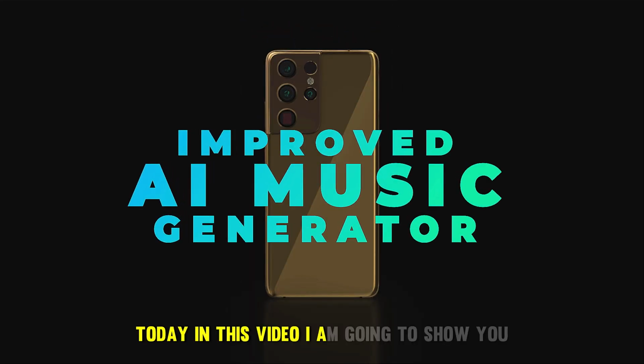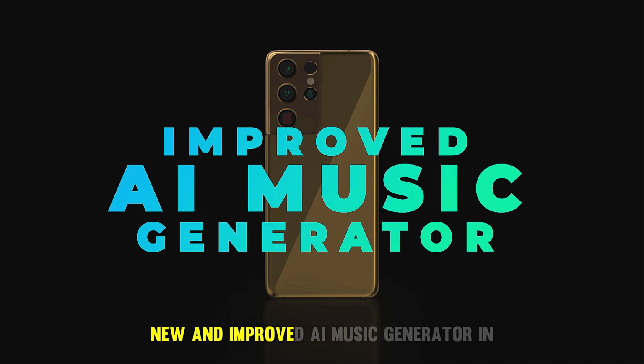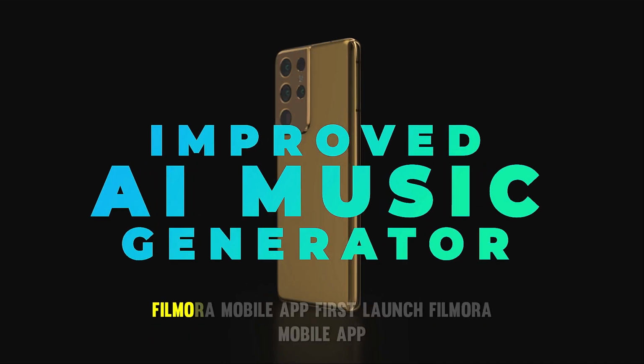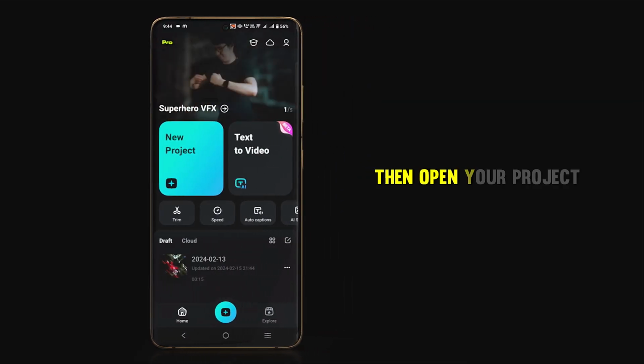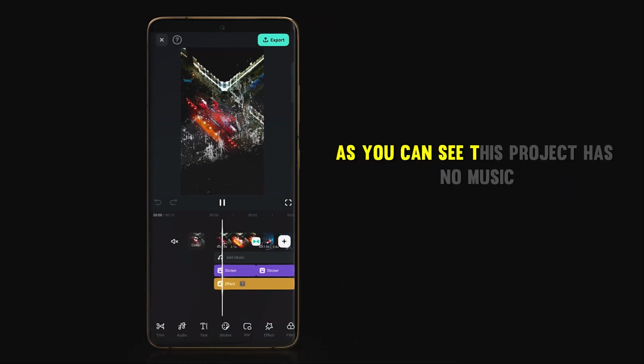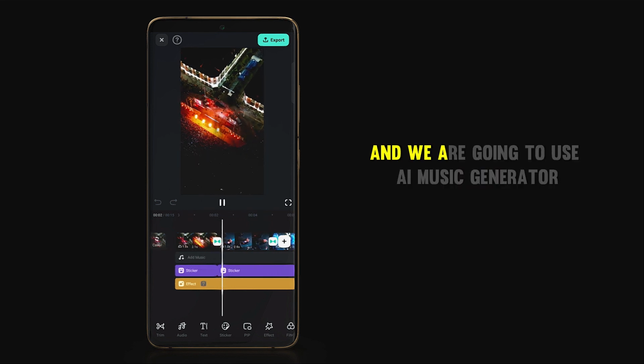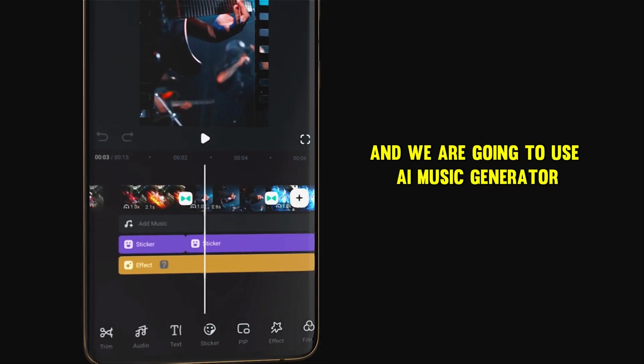Today in this video I am going to show you the new and improved AI music generator in the Filmora Mobile App. First, launch the Filmora Mobile App, then open your project. As you can see, this project has no music and we are going to use the AI music generator to get